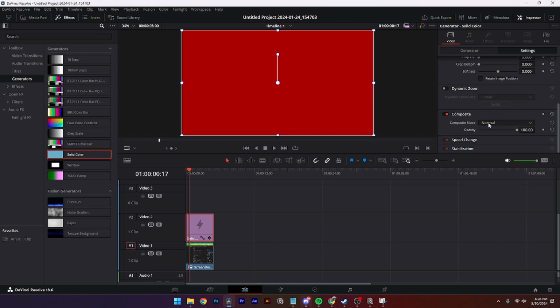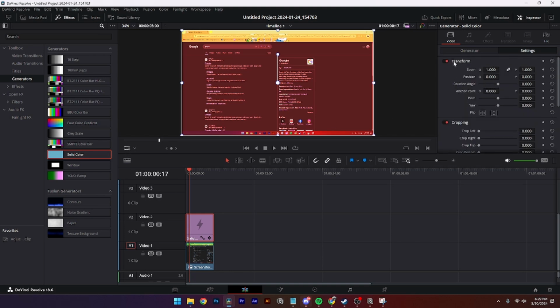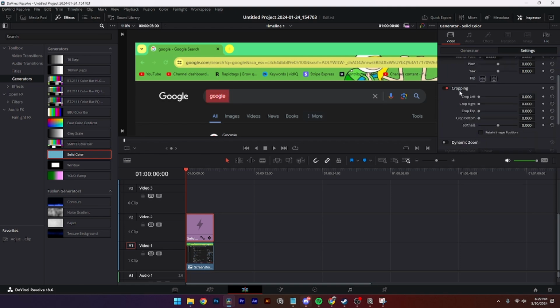and composite mode. Then from here you need to select the color dodge, like so, and you need to select the crop tool, or you can scroll up to the transform tool and find the specific part that you want to highlight, like so. Then go over to the start of the clip, unselect the cropping tool, and scroll down in the inspector tab until you see the cropping tool here. Then select crop right and push this over to the right hand side,